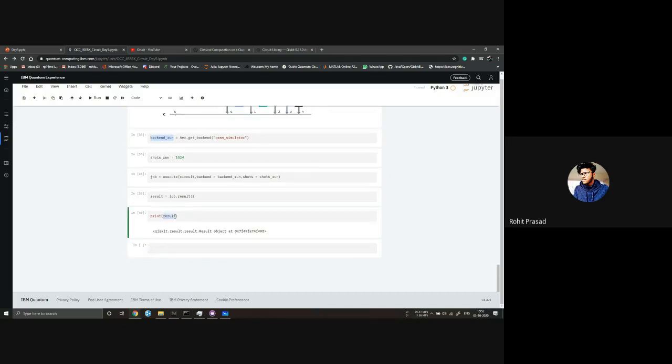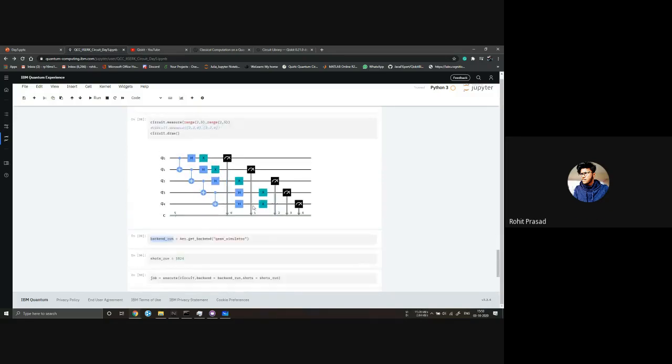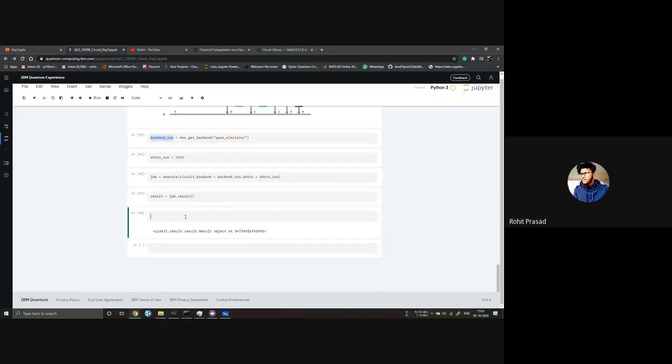This result consists of many things like state vector, unitary matrix, counts, and all other things. So we need to provide an argument to result that tells it we want a certain thing, like the unitary or the counts. Right now what we want is probability.